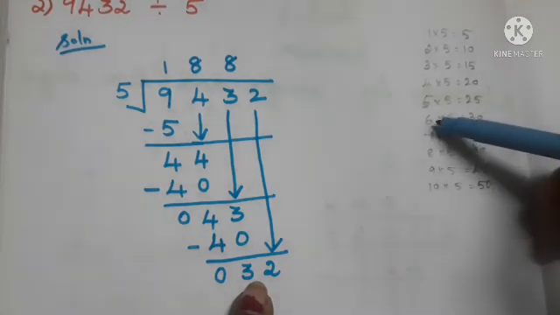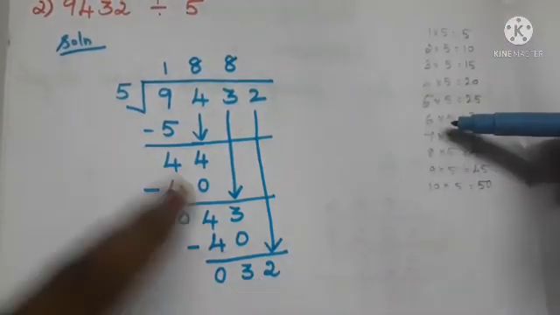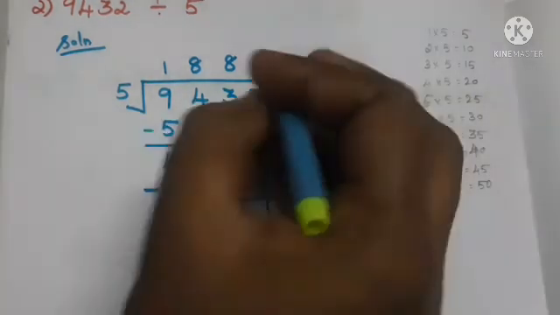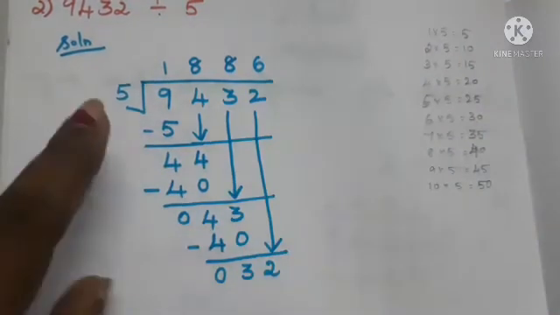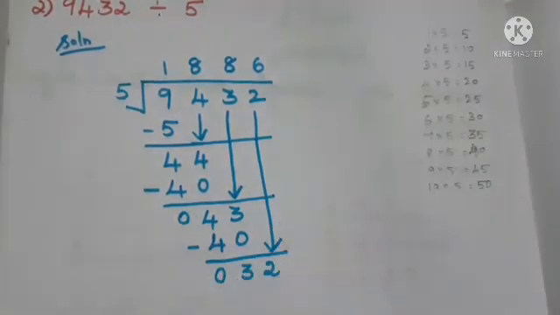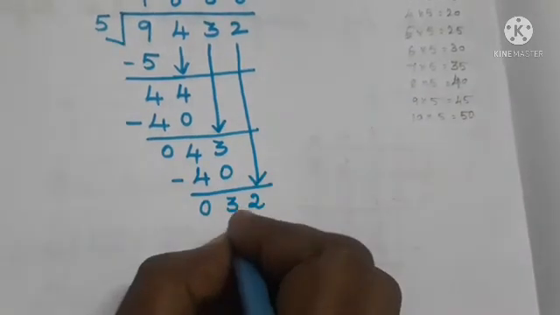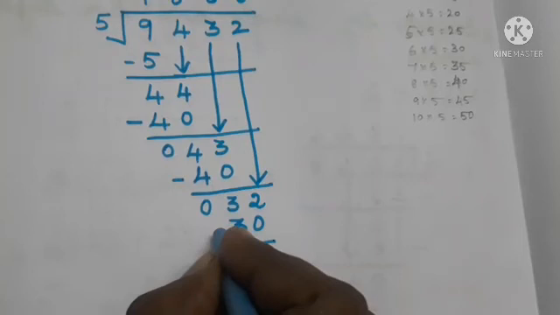So this 6 we want to write at the ones place of the quotient, and the 5 we have in the divisor. Okay, so first we can write the 6 in the ones place of the quotient, and 5 we have. So 6 5s are what? 30. That 30 we want to write down of the 32. Okay, now we can write the 30 here, and next we have to, as usual, subtract.